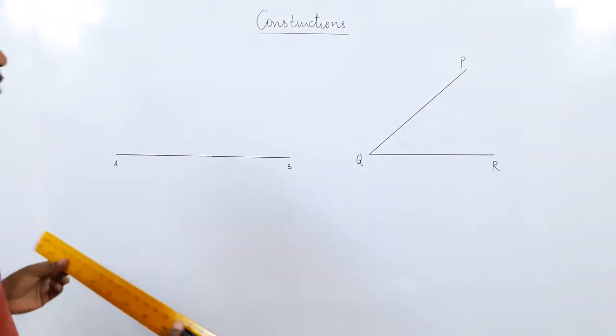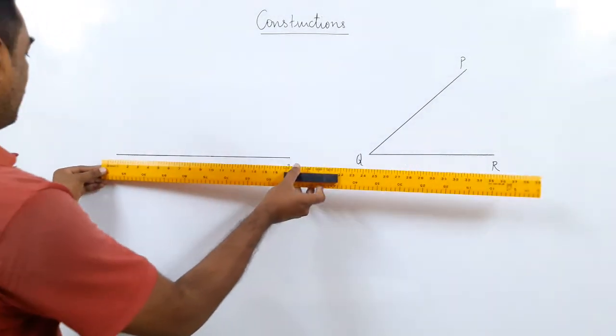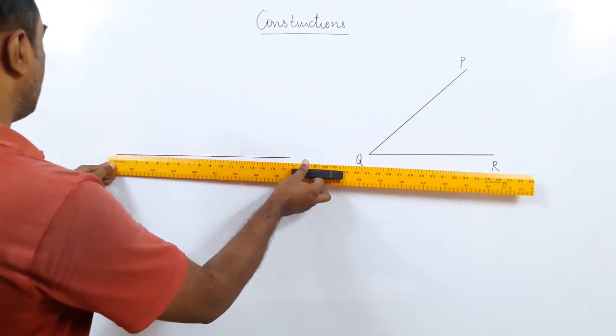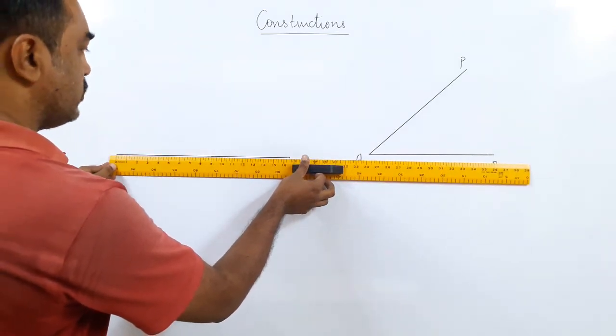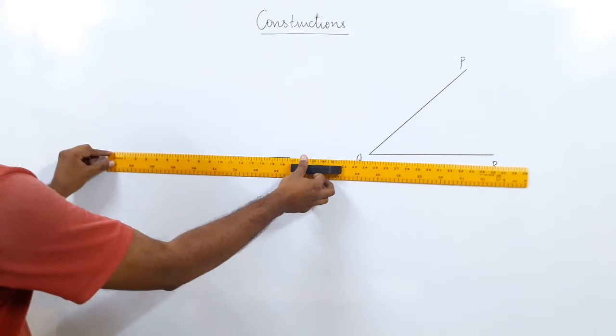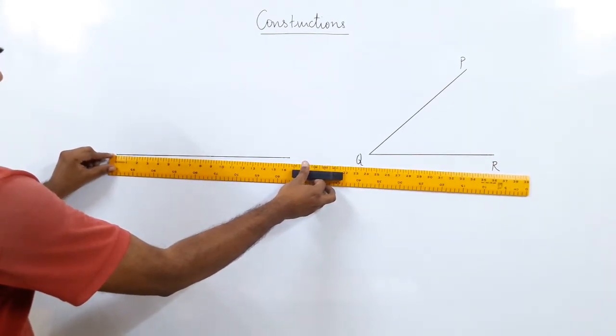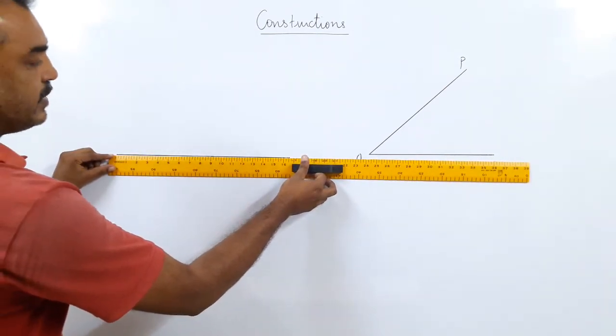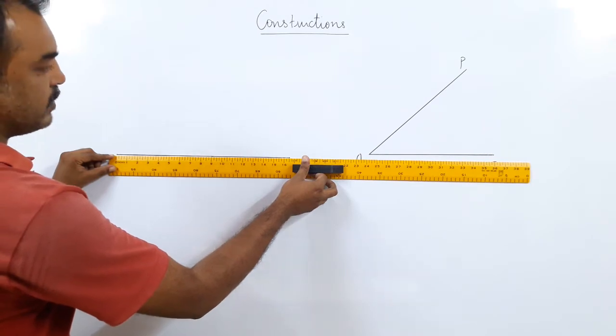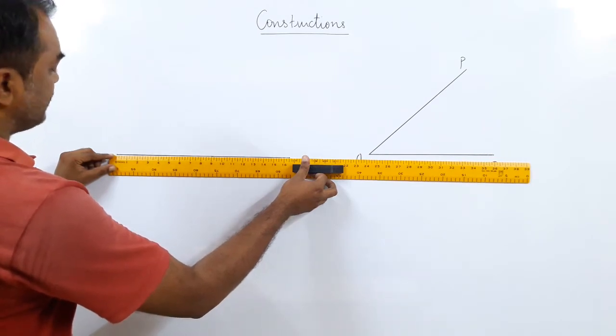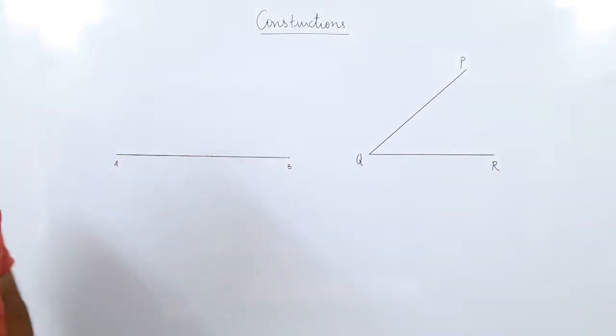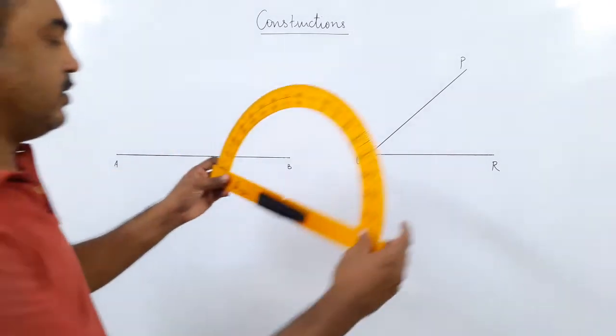Now what I want to do, I want to go for perfection. First I will check the length of the line segment. According to the scale, you can see I begin with 0 here. This begins with 0 and you can see it is 16.2. The length of this line segment is 16.2. And the measure of this angle.